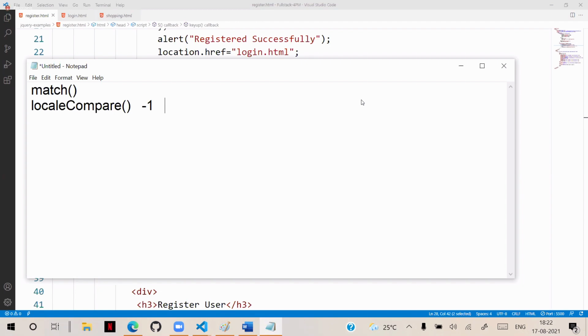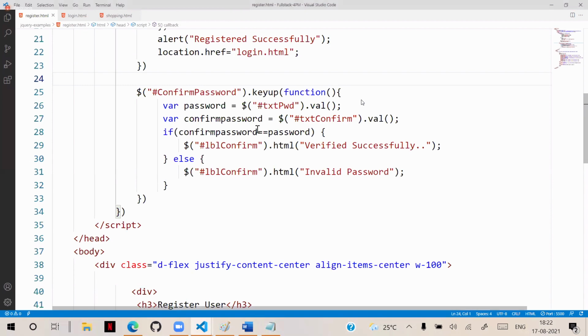That means the correct way of verifying two strings is this: if it is matching, then it will display 0. Actually 0 is to match correctly. If it is not matching, then it will return -1. This is not the right way of comparing two strings while typing. This is actually used to verify two values which are already present. But while typing itself, we have to compare.